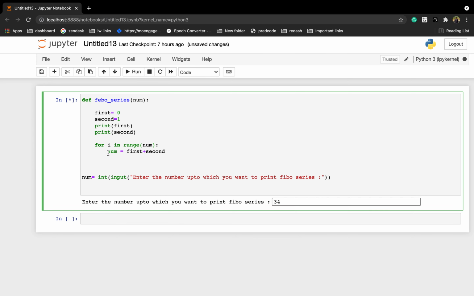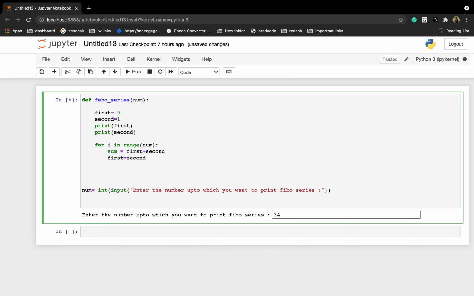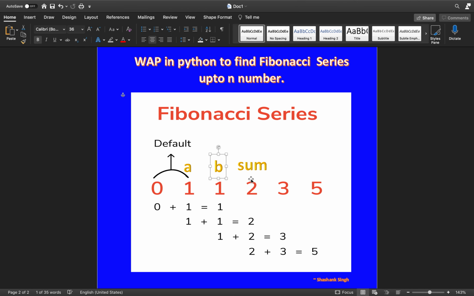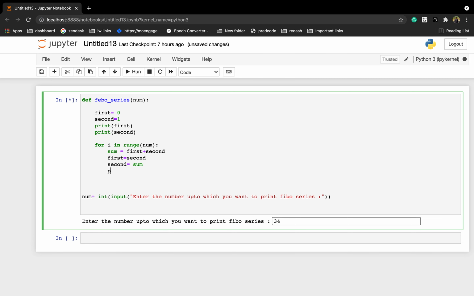So I am writing initially sum is equal to first plus second. Now I am putting the value of second to first, right? And now I'll put the value of sum to b, so second is equal to sum. Now we need to print the sum always.